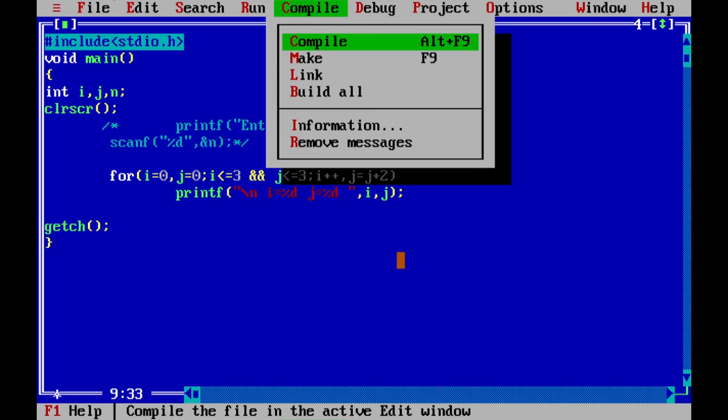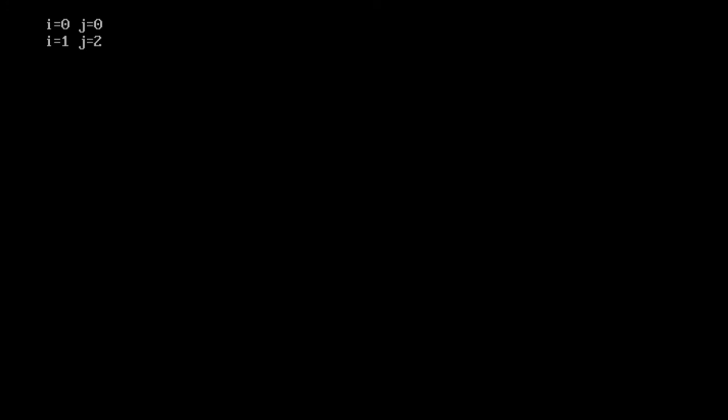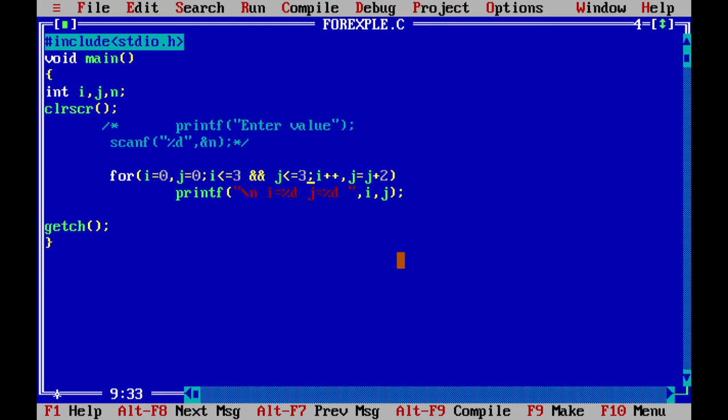Okay, so just compile this program and execute. Now i is equal to 0, j is equal to 0, and i is equal to 1 and j is equal to 2, and after that it comes out of the for loop. Now I have written that j is less than or equal to 3, but it will not execute for i is equal to 2. Here you can see that I have written j plus 2. So when the value of j becomes 2, then 2 plus 2 becomes 4, and it is greater than 3. So it comes out of the for loop, because you have written the AND, it means if both conditions are true, then only execute this for loop.